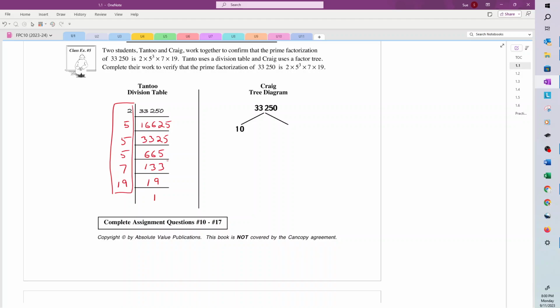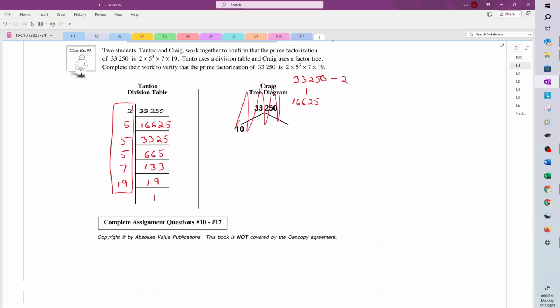33,250. I'm not going to do the tree diagram because, like I said, I just think they're silly. I don't love this table. I'm just going to show you how I would do it. You can do it any way you want. I've got my 33,250, and I just use a little line to say that if I divide that by 2, I get